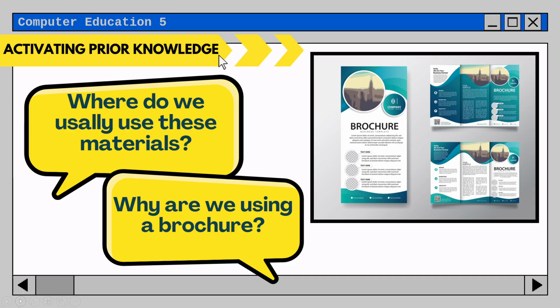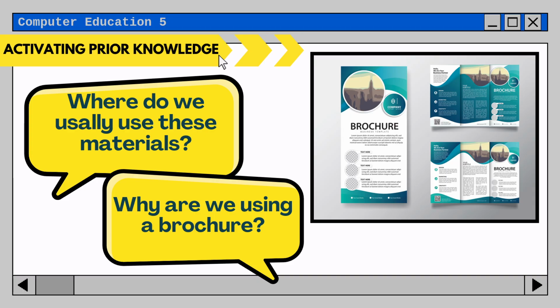Now, where do we usually use these materials? Actually, this is used for different purposes. For example, as you can see here in the picture, a brochure is used as a business template, right? For the company to get some audience about the brochure, right?